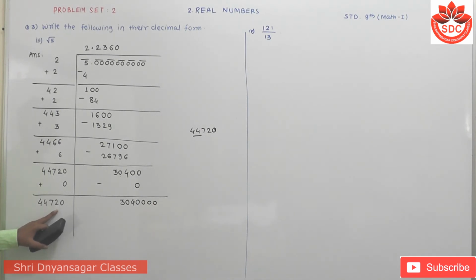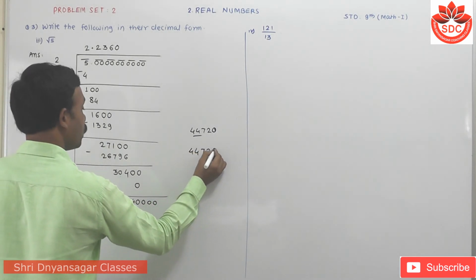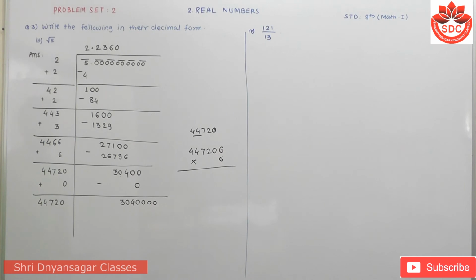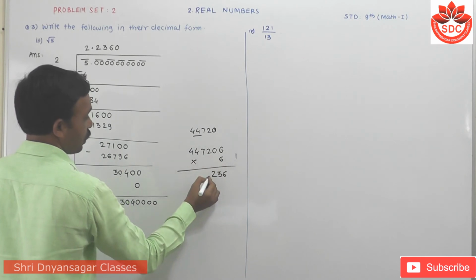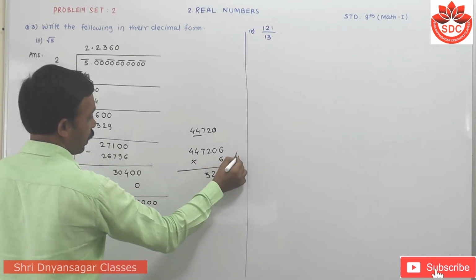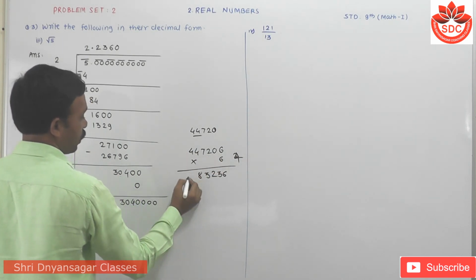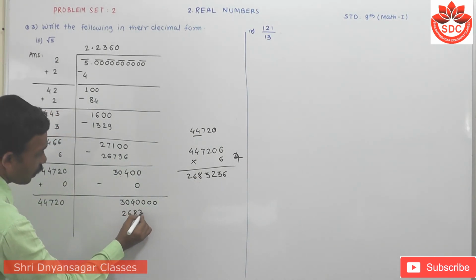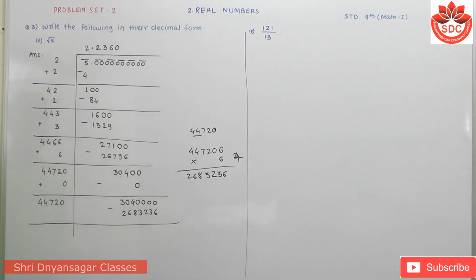Then if you take the number on this, 44,720, suppose the next number we take here is also 6, 447,206, then multiply it by 6. Then we get 6 6s are 36, 6 2s are 12, carry 1, 6 7s are 42 plus 1 is 43, carry 4, 6 4s are 24 plus 4 carry here is 28. Means that 2,683,236. When we multiply it by 6, then you have to write here